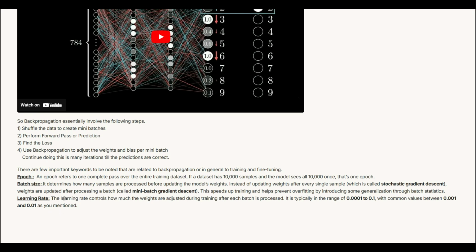Learning rate. The learning rate controls how much the weights are adjusted during training after each batch is processed. It is typically in the range of 0.0001 to 0.1, with common values between 0.001 and 0.00